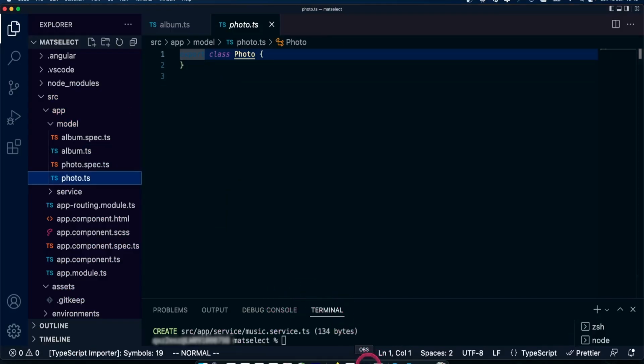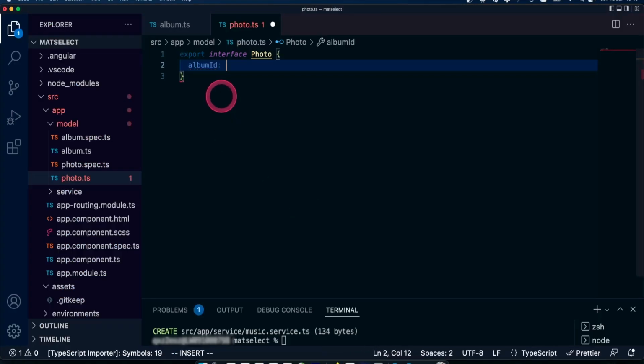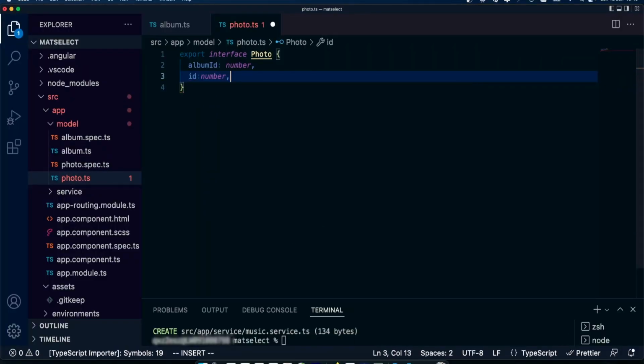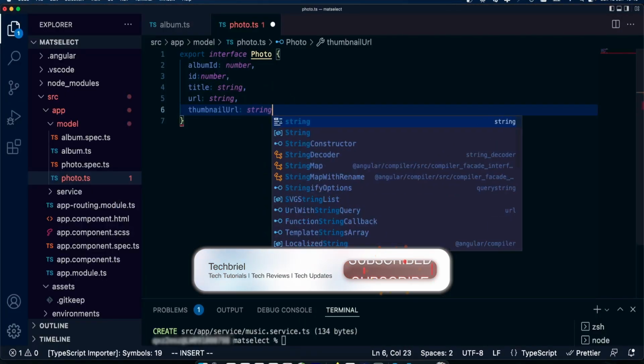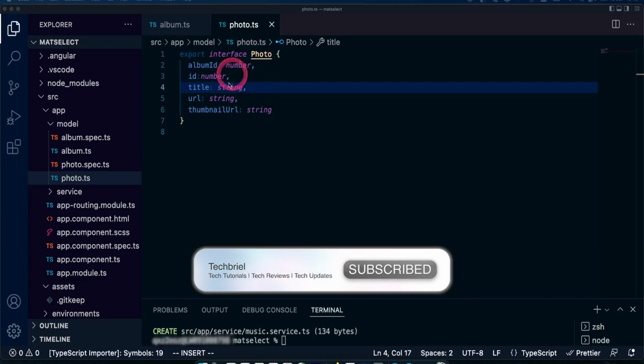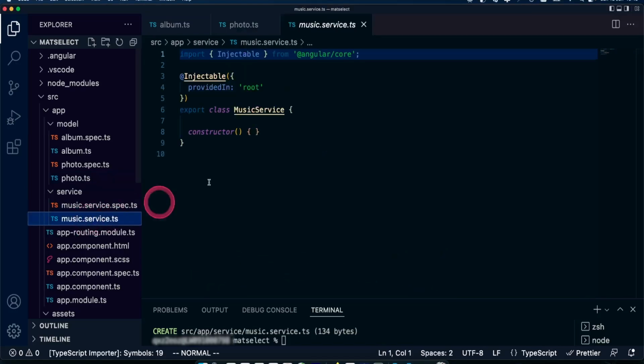Inside the photo class, so now I have created a class for photos and album. The next thing we need to do is to look into our service, and for that we need to import a few things. Or before we get to that, let's go take care of our HTML up front.